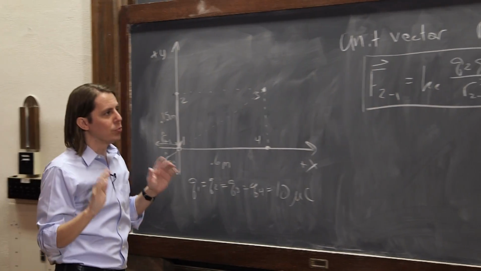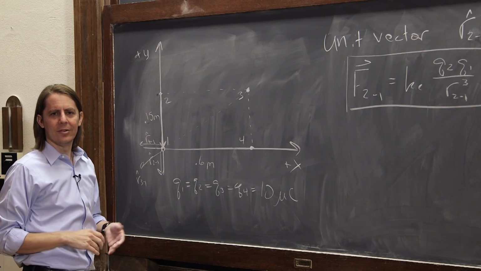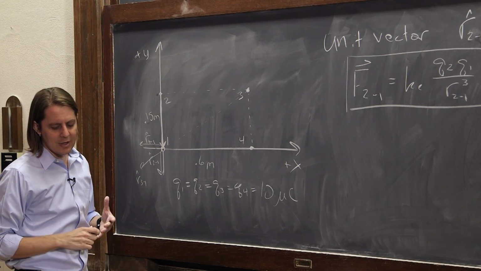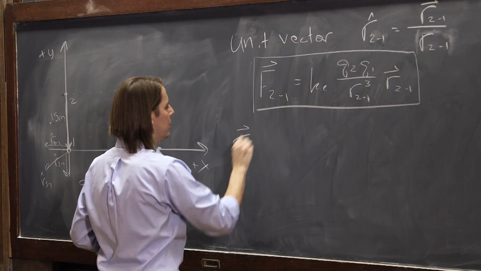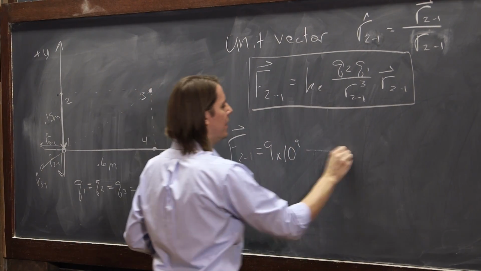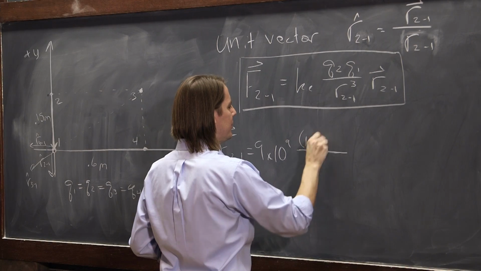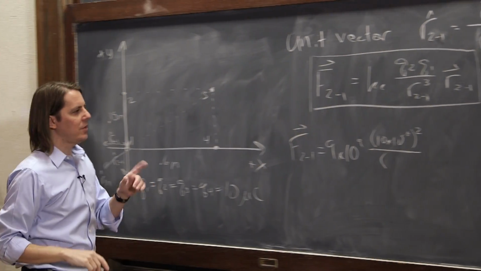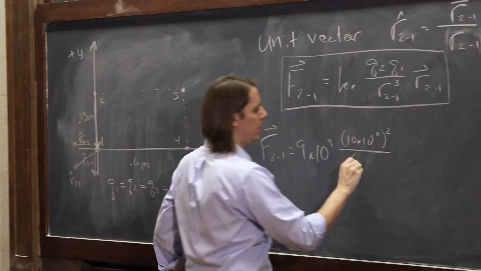It's just a way to write it where we don't have to guess what r hat 2,1 is. Okay? So let's use it a few times, and let's see if it actually does anything for us. Let's write F 2,1 is 9 times 10 to the 9. Again, this is all MKS units, times 10 times 10 to the minus 6 squared over the separation cubed, which is 0.15